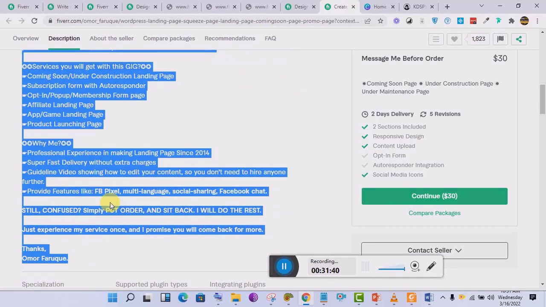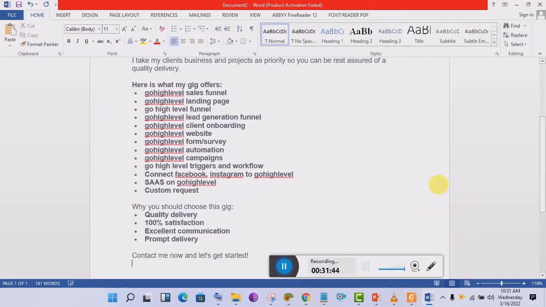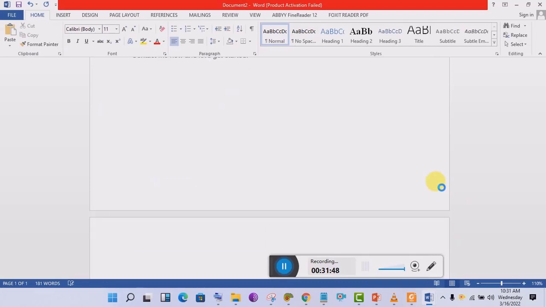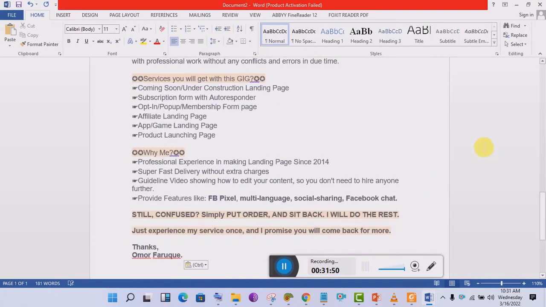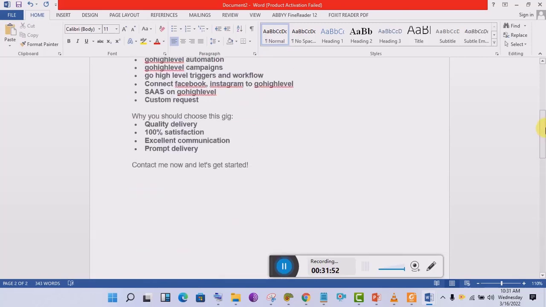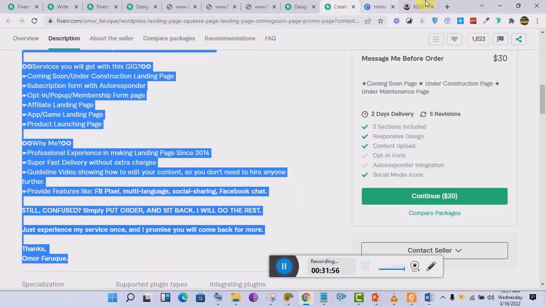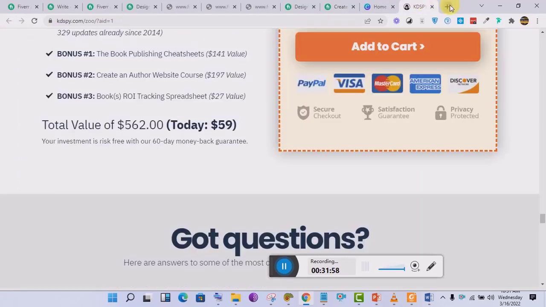Copy it and paste it. So once you have all of this, the next thing you want to do is to rewrite everything. Make sure that you write it. Don't just copy and paste in your own. Rewrite it. If you cannot write it, I will recommend that you go to this website,